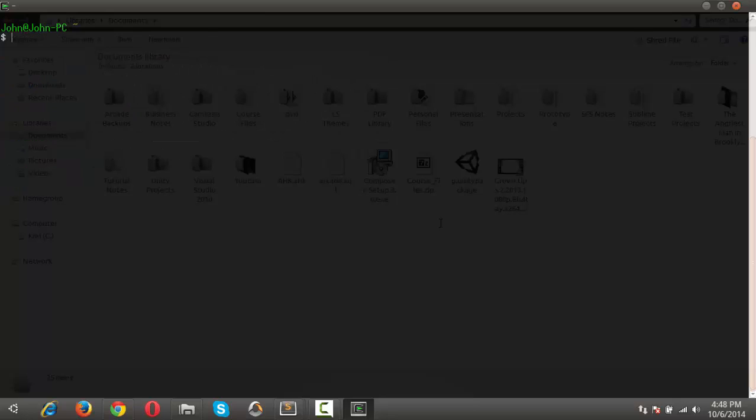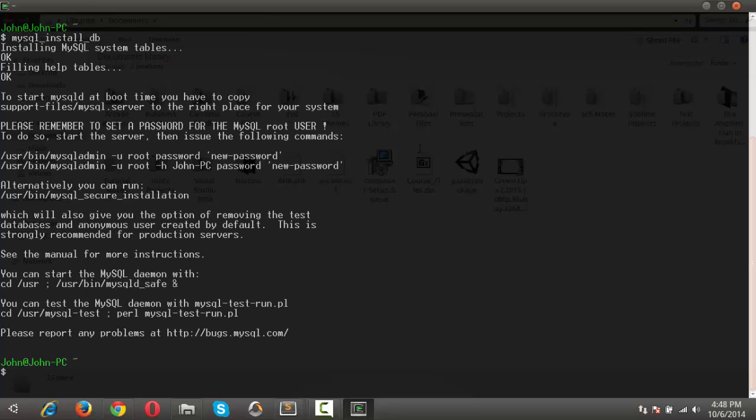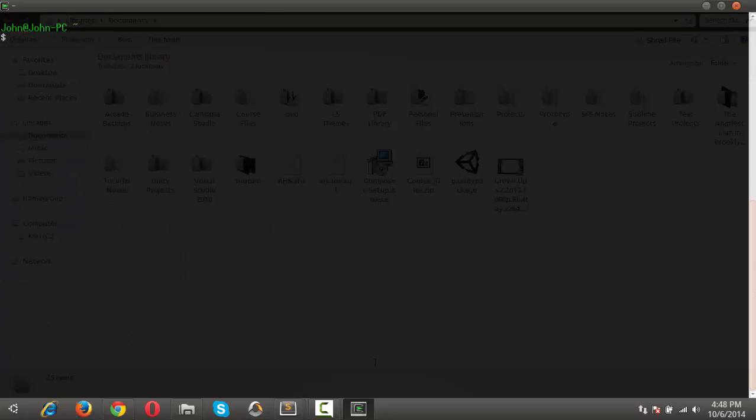And finally, we need to do the same thing for our MySQL installation, but this is going to be a little different. First of all, we'll need to install the databases, so we'll say MySQL install DB and let this run. And well, before I clear it, we'll just go ahead and take note of this suggestion here to start the daemon. We don't need to cd into user to do that. We'll just copy the daemon path here and we'll clear, and now we'll actually need to turn that into a